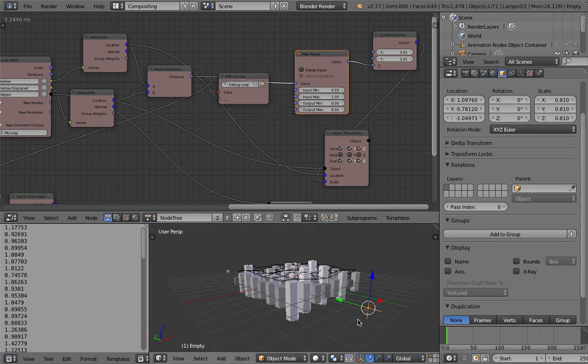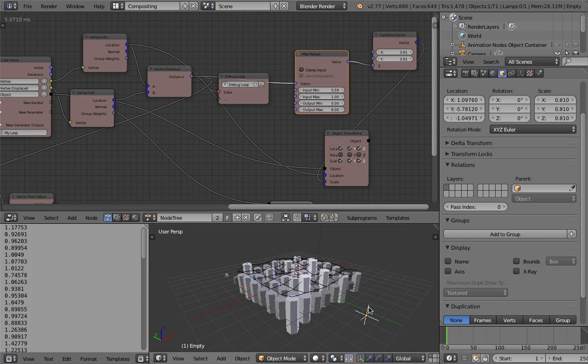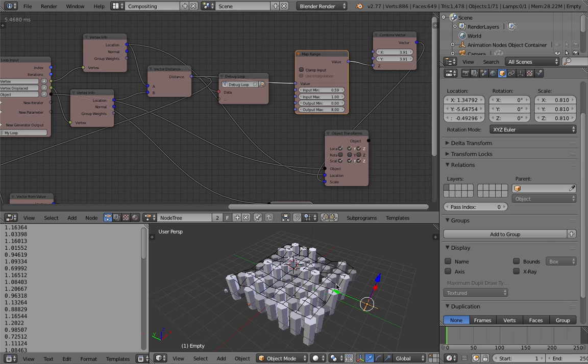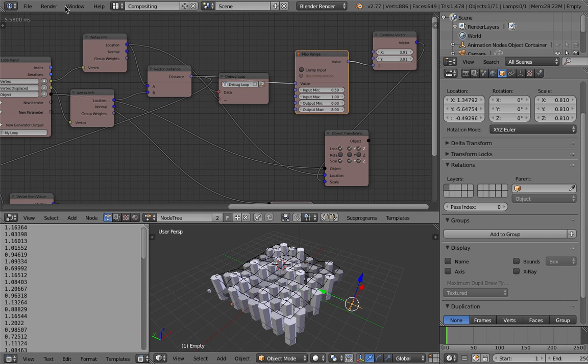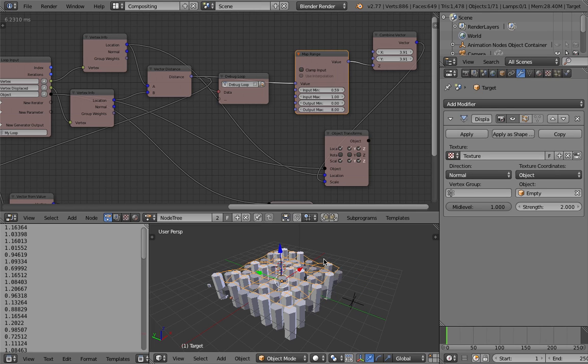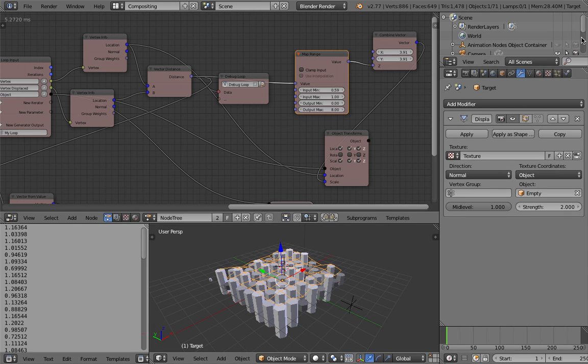This is also used a lot in computer programming, remapping value, and you have this really cool effect. Sometimes we need that, and we can actually hide this ghost object because you don't need to see it anymore. Hide it. We don't want to select it. We don't want to render it.